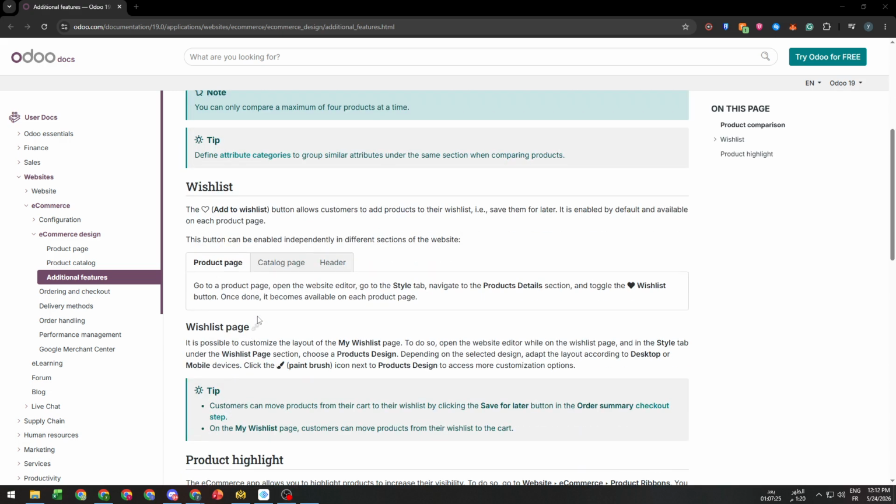Here is how. The wishlist or add to wishlist button allows customers to add products to their wishlist, for example, to save them for later. It is simply enabled by default and available on each product page. This button can be enabled independently in different sections of the website in case you want it to be in